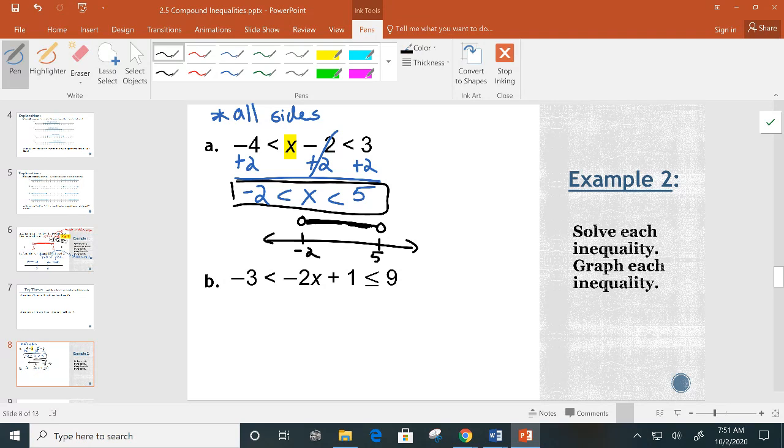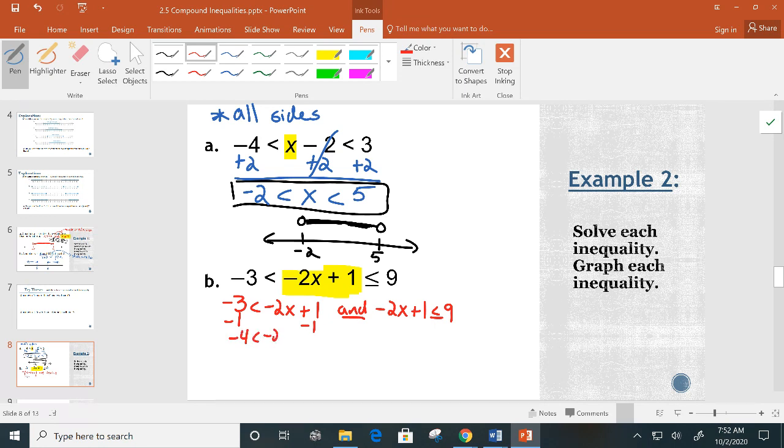The second way that some people prefer to use is to split up that middle term and create two equations, or two inequalities rather. So in that technique, you'd have negative 3 is less than negative 2x plus 1. And, so now I'm using the word and, negative 2x plus 1 is less than or equal to 9. And then we would go ahead and solve both of these inequalities. So subtract 1,